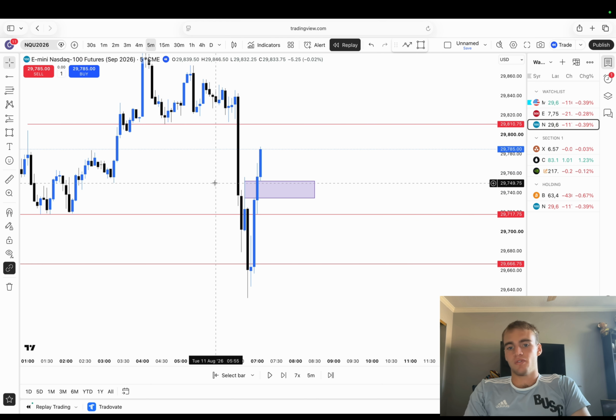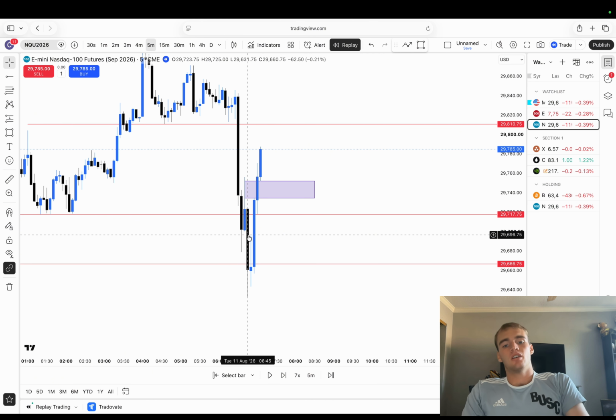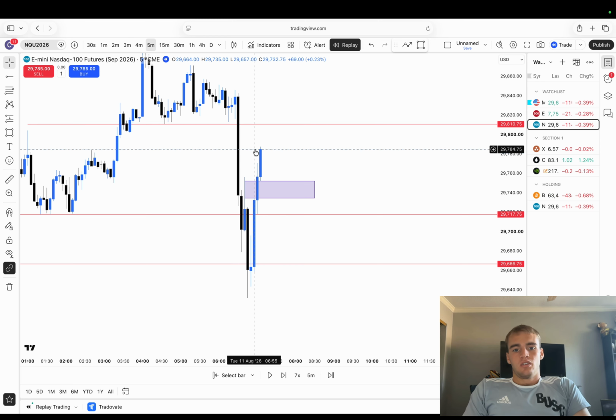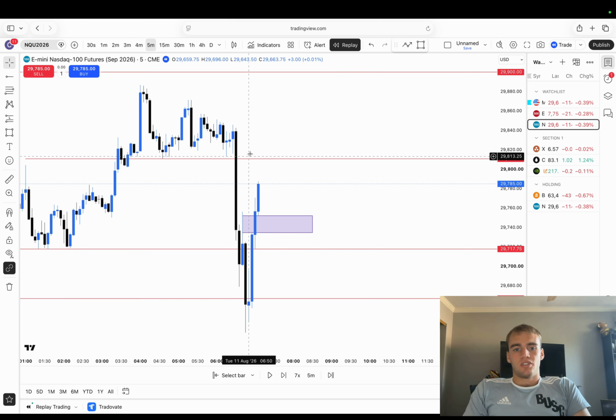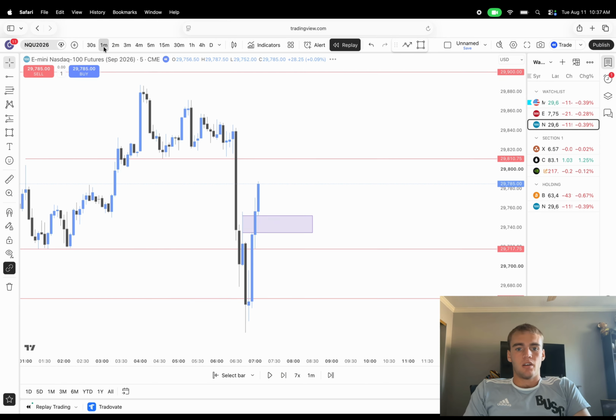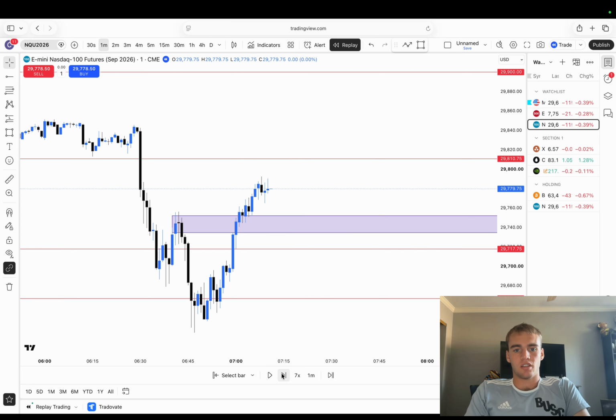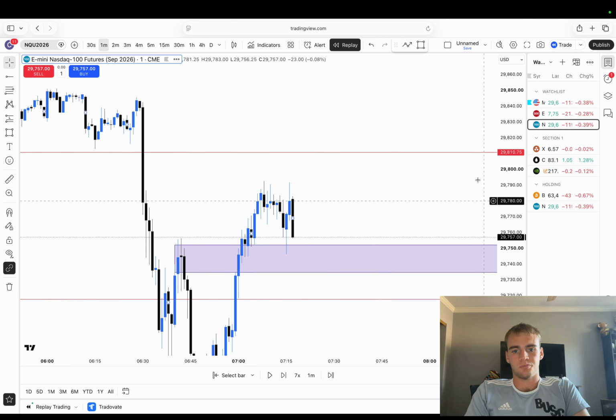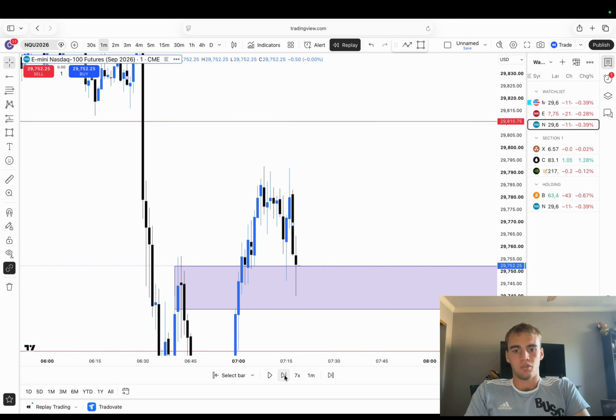We've swept all the liquidity to the downside. There's no reason for us to continue lower. We inverse this 5-minute right here. This wasn't even 4 minutes, this was 5-minute. I forgot about that. We're probably just gonna displace through this 15-minute gap, or that's at least what I was thinking at the time. We end up retracing into the 5-minute, and then we even resweep it and create this 1-minute gap.